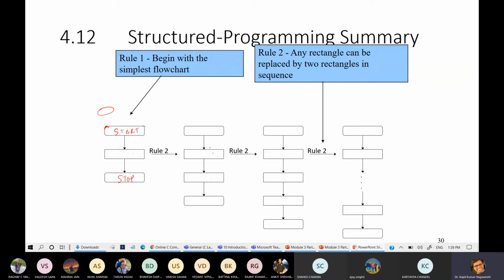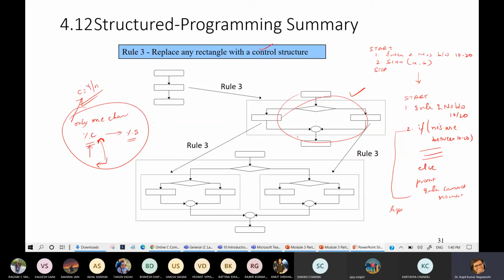Now come to next. You can break this simple statement into multiple actions. Suppose this is action 1. This is now action 1.1, action 1.2. Further, it can be broken into action 1.1.1, action 1.1.2, action 1.2. And you can break as many actions as required. So how do you use these actions? It depends on computation.